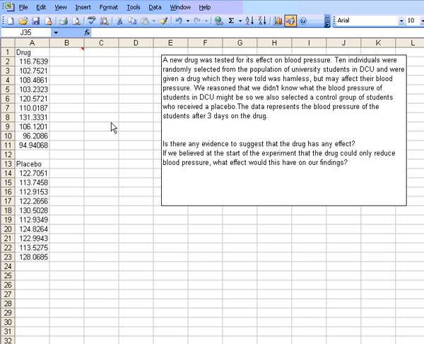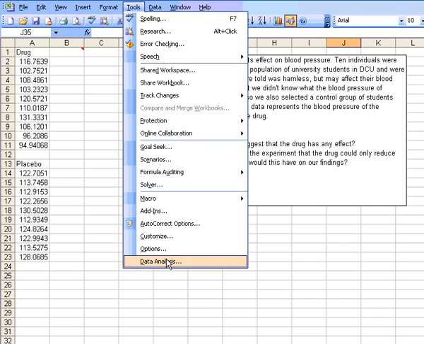For the two-sample t-test, we typically have two sets of data that aren't related in any way. So one group of people would have been given the placebo, another group of people would have been given the drug, and the data will look like this. So we go to Tools, Data Analysis,